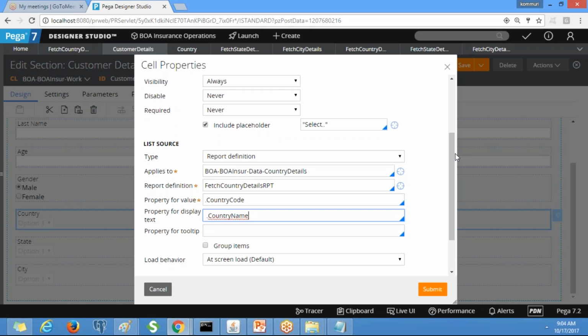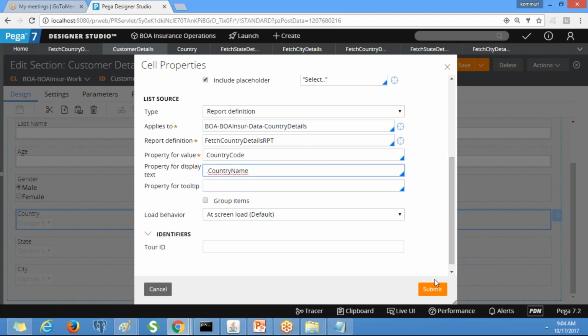Clear? So you don't need to note down the complete thing. You can write it to the country details data class, and you will have all the report definitions available under that particular class.